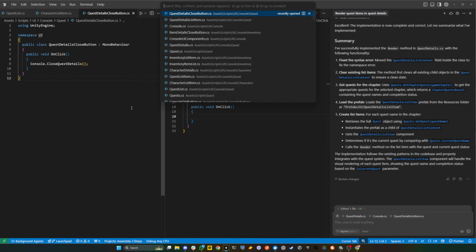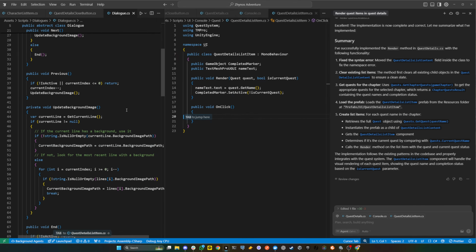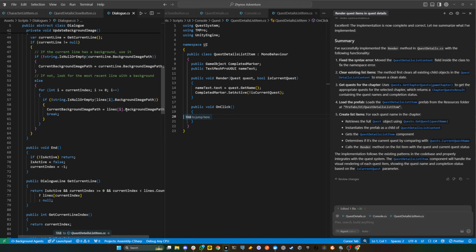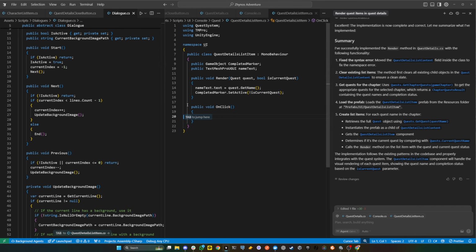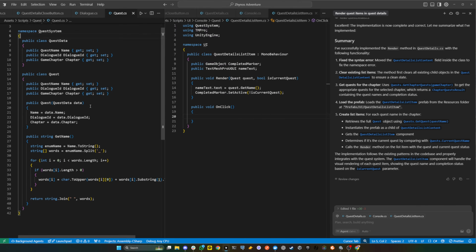Then we want to show certain dialogue, and we need to associate the quest with the dialogue ID. So that means in the quest we need to add